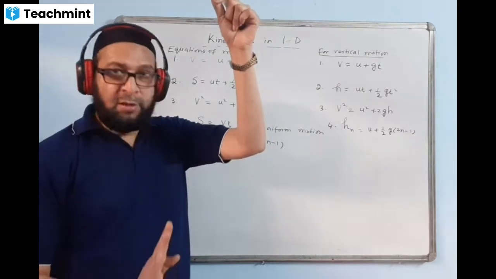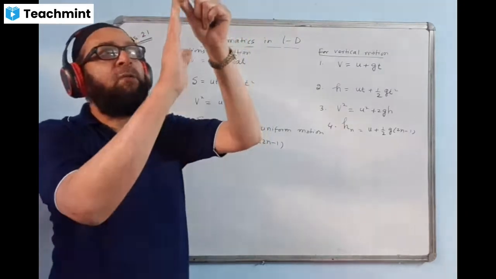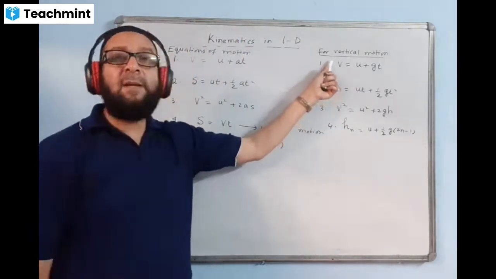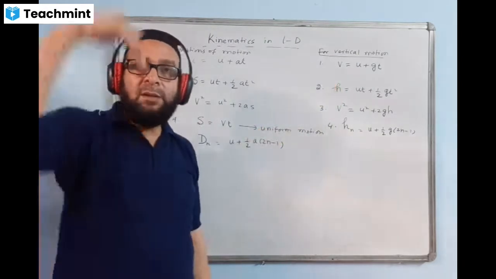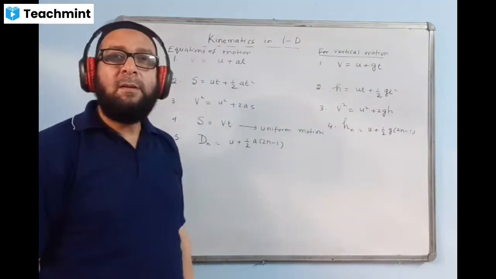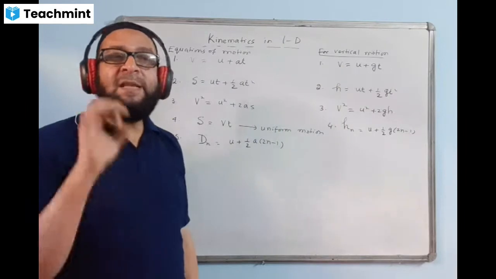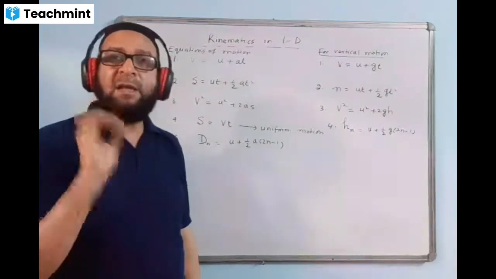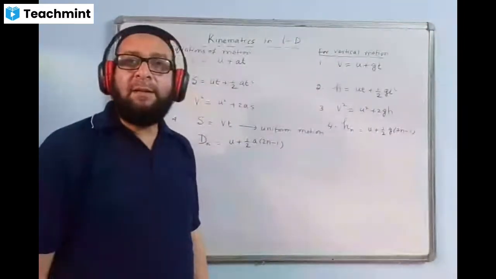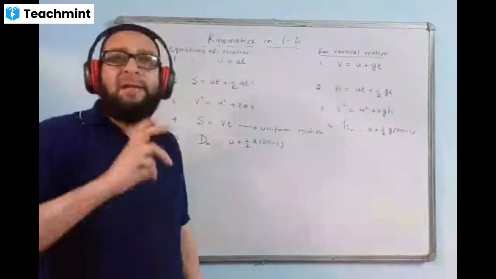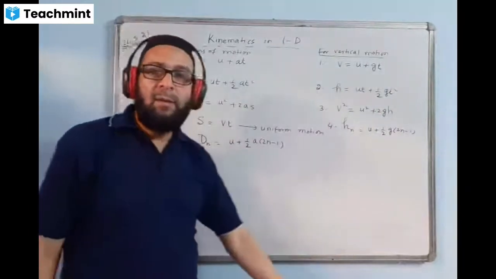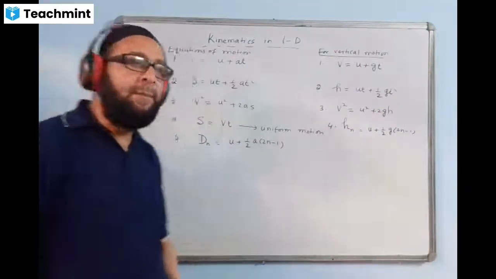Because the speed is slowing down, becoming less and less, it stops here for a while, then returns back. That time the final velocity v will be 0 at the time of reaching the maximum height. And on the other hand, when the body is falling down freely, the height covered by the body in nth second of time, about that I'll discuss later. When I'll be proving it, then you will understand in a better way. Just now you write it down. When I'll be proving each of the formulas, then you will get a better idea.